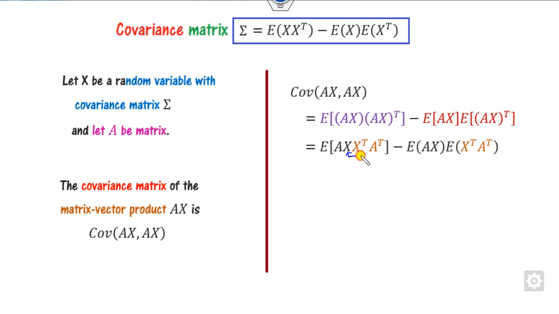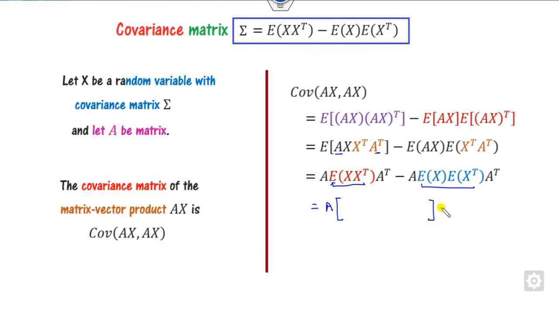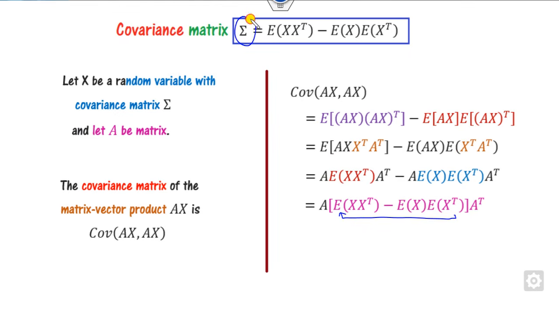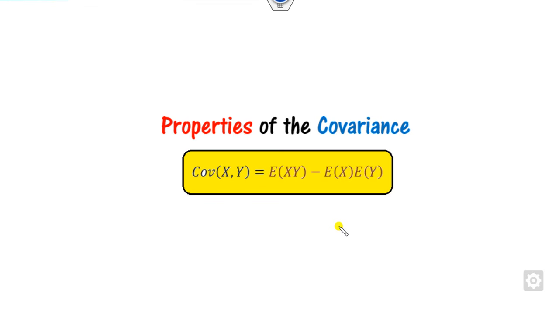Now you can see this is real. Again, we can open this bracket. We can write like this, because A and A transpose are given matrices. Now I can take A as a pre-constant common factor, and this is there. What is pending is this one. What is the expression of this? This is nothing but my covariance matrix of X. So it means if you have any matrix A, then you can write the covariance matrix directly corresponding to this one.